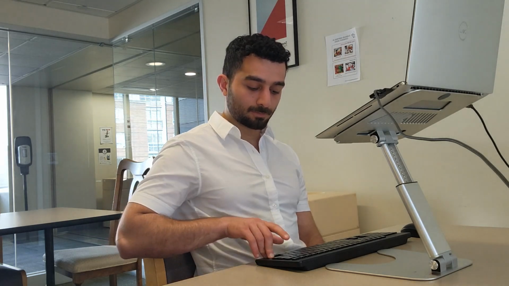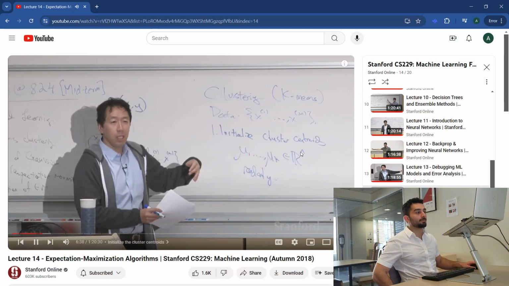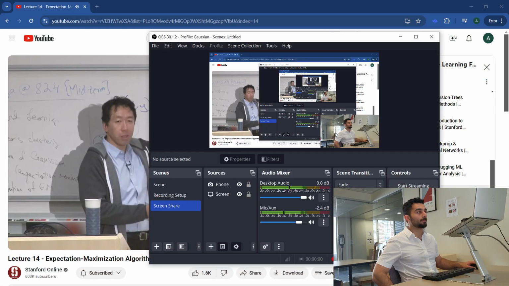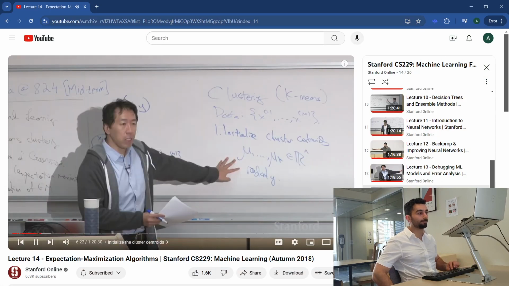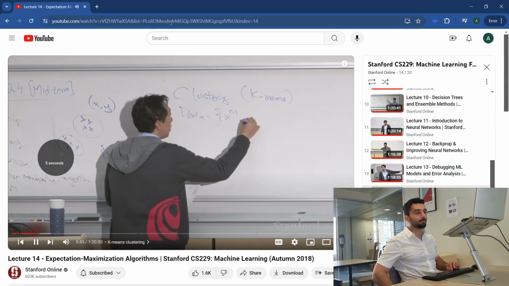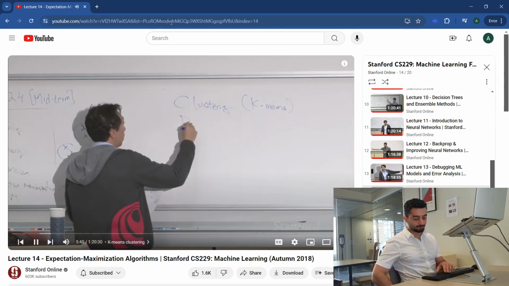is to actually pick K examples out of your training set and just set the cluster centroids to be equal to K randomly chosen examples. So in a low-dimensional space, like a 2D plot, they could do it on the diagram, it doesn't really make this random vector. It's a clustering algorithm.